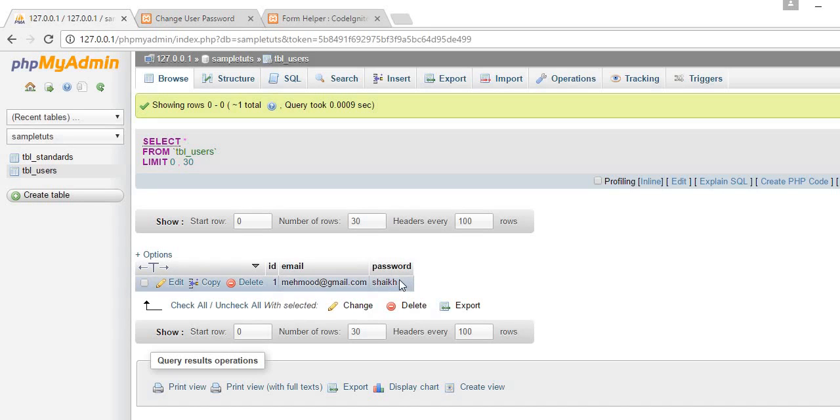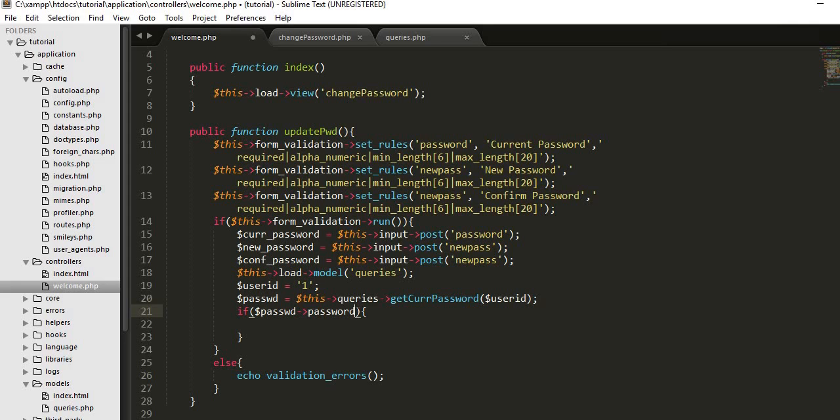This value, now I'm referring to the password value. If passwd of password is equals to this current password,